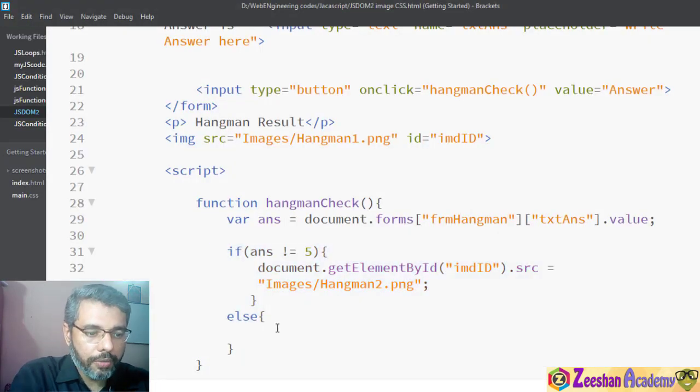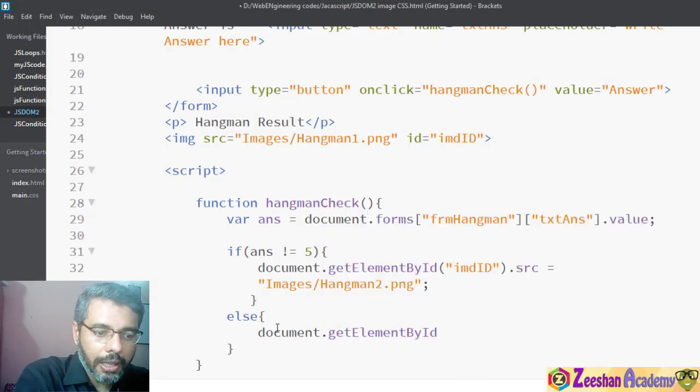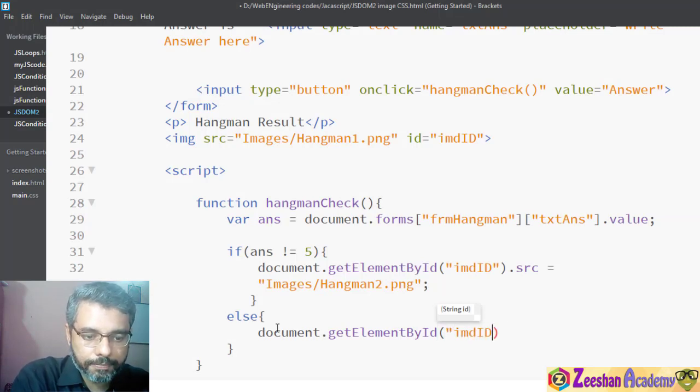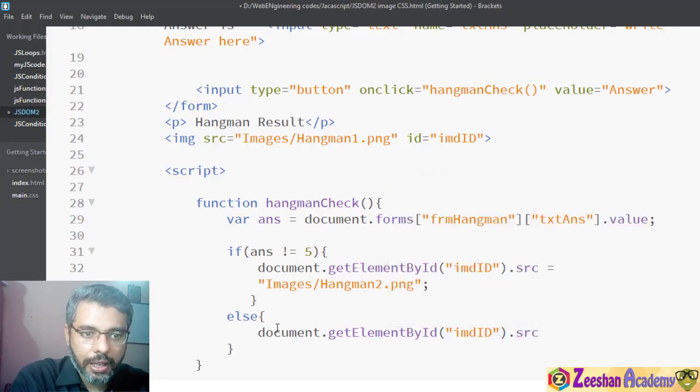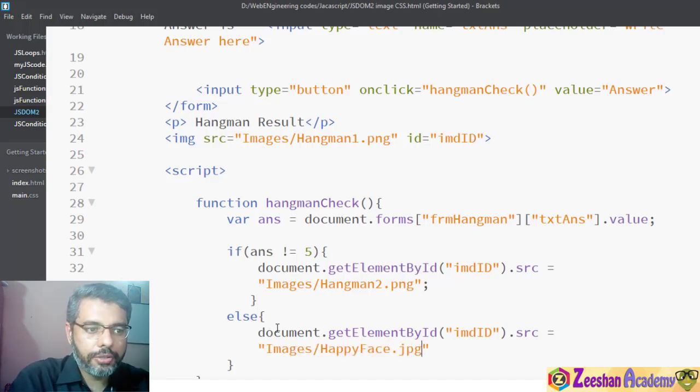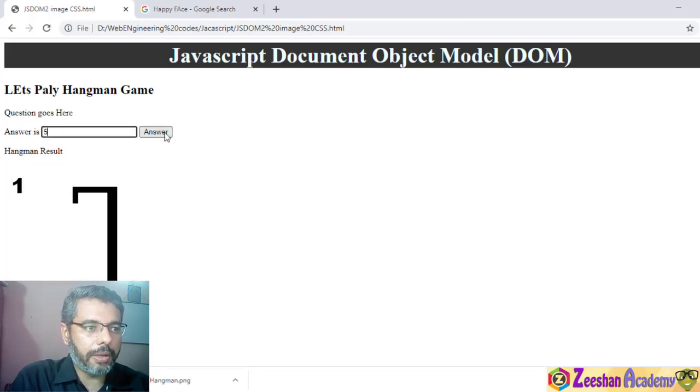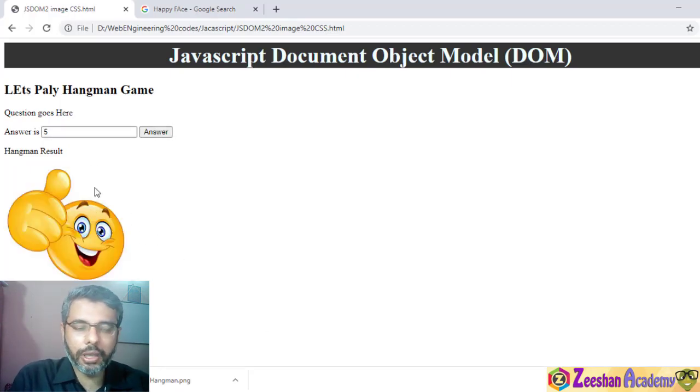So what we now do is we go back again into document.getElementById, id being img id. Let's write it in inverted quotations, and okay, so fetch me this id, change its src file to what equals, bracket start, to something called images. If you go inside it, there is a file called happyface.jpg. Save. And so now if I come here, if I press 5, we get a happy face. Okay, so this is what we do.